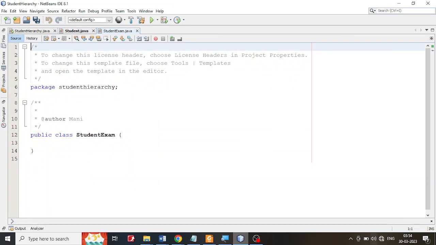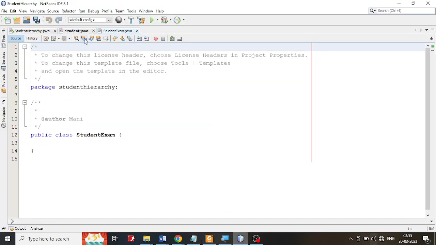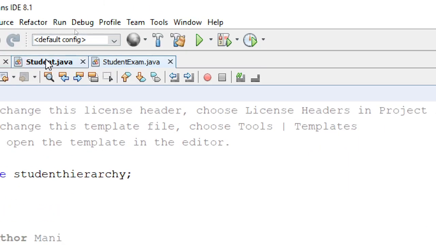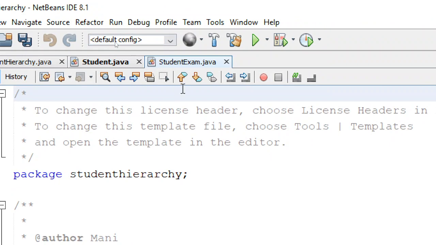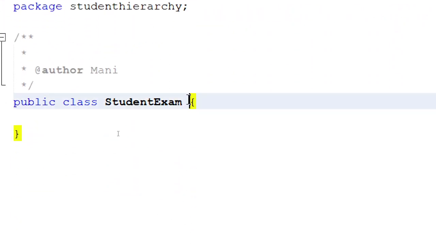Finish it off, and you have that. Let's look at what the next thing they have said: it has to extend out of student. So you have already created this student class here. I did it, student here, and this student exam is supposed to extend out of student. So how do you do it? It is very simple. You just say